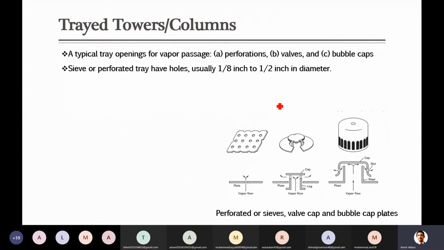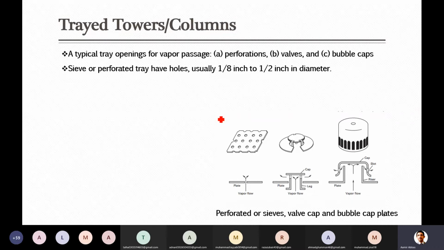Now up to here, we have discussed what the mass transfer equipment are, and out of those we took that we have to discuss the plate tower and the packed column. Out of those we started with the tray, and how mass transfer occurs on the surface of the tray, and what phenomena occur. Up to here we have discussed. So next is about the types of trays. Do you know what the types are?